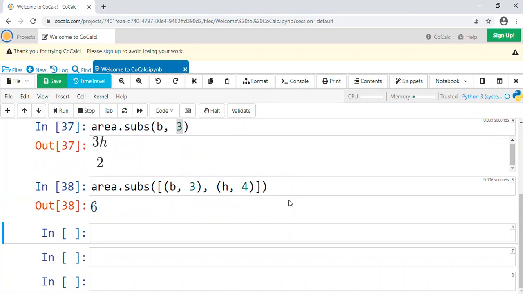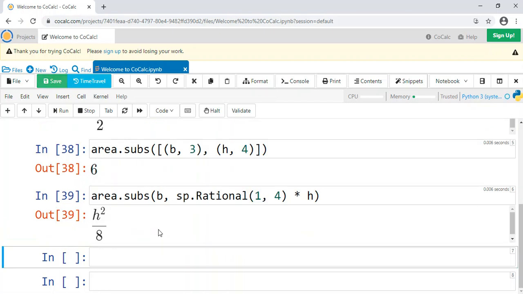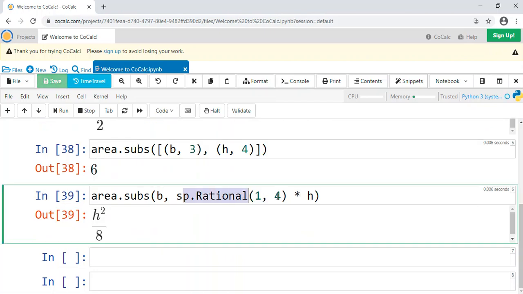And you can also substitute in another expression. So if you were told that the base of your triangle was 1/4 of its height, for example, you could do area.subs(b, sp.Rational(1, 4) times h), and then the 1/4 of the height is going to be substituted in for base, and you'll see that makes sense.